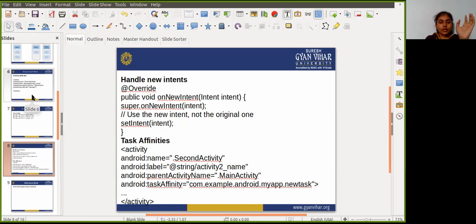So use the activity launch mode to indicate how new activities should be treated when they are launched, that is, whether they should be added to the current task or launched into a new task.